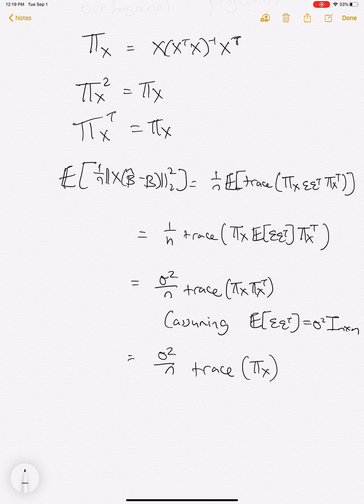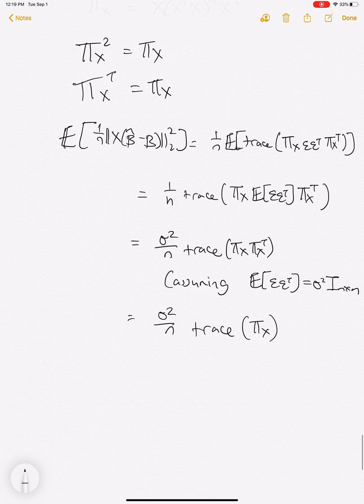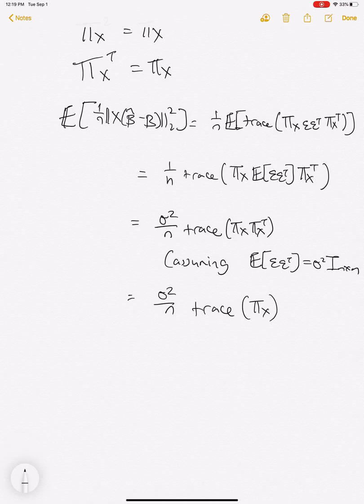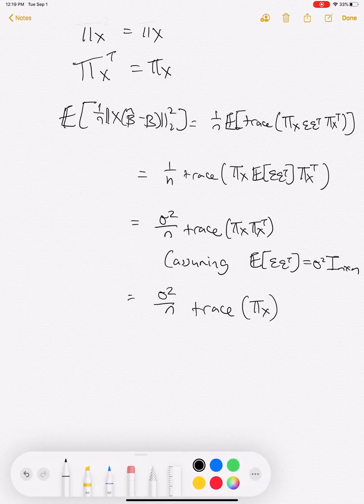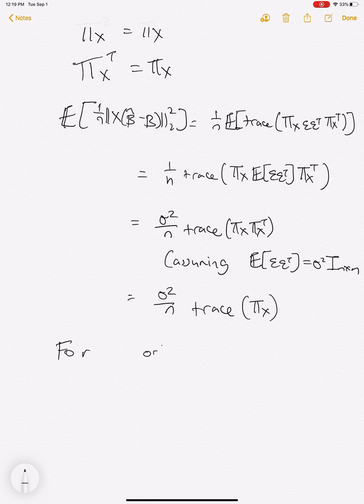This is just equal to sigma squared over n times the trace of pi x, because pi x transpose is just pi x, so then you end up with pi x squared, which is just pi x. And then what's the trace of a projection? This just ends up being, for orthogonal projections,